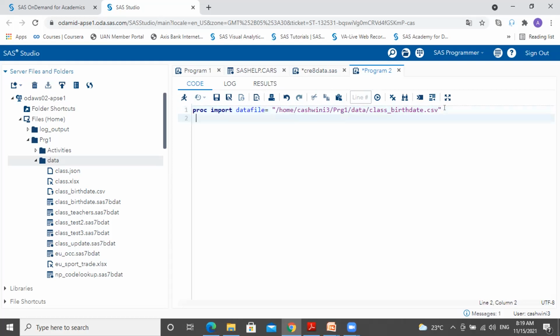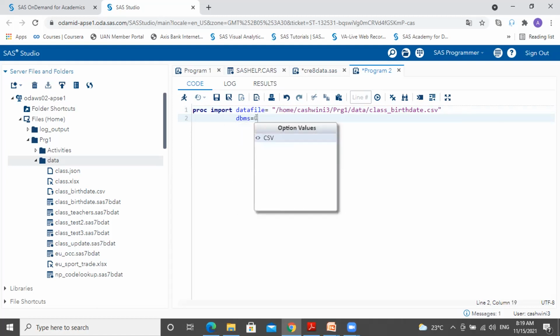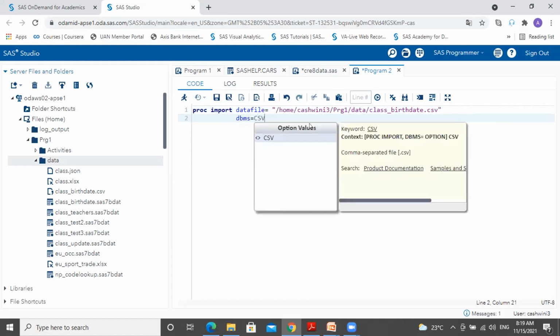Post this, I'm going to use an option telling SAS the DBMS, that is Database Management System. It specifies the type of data to import. Our type of data is CSV, which means comma separated file.